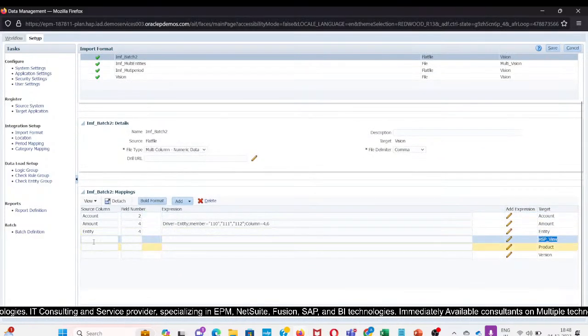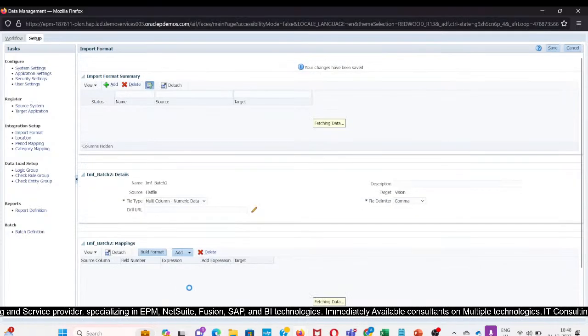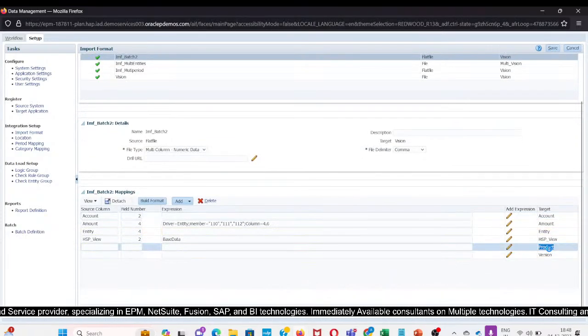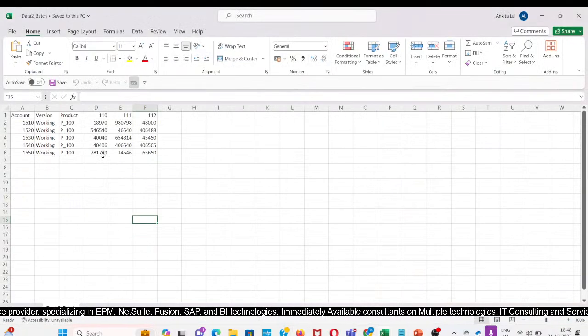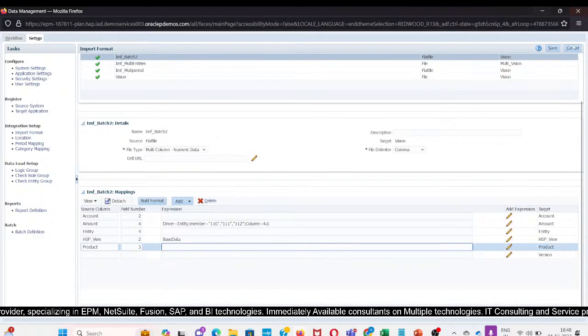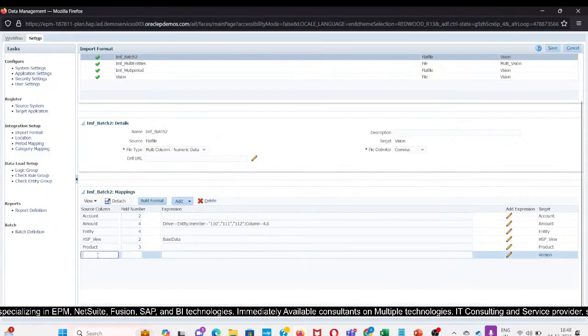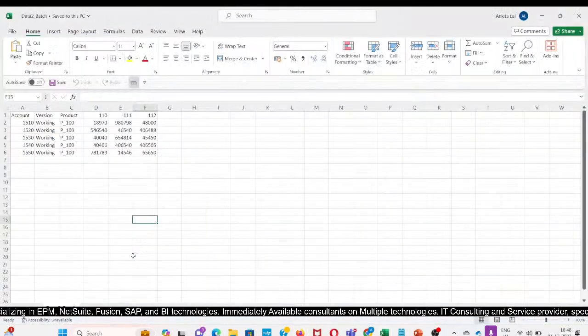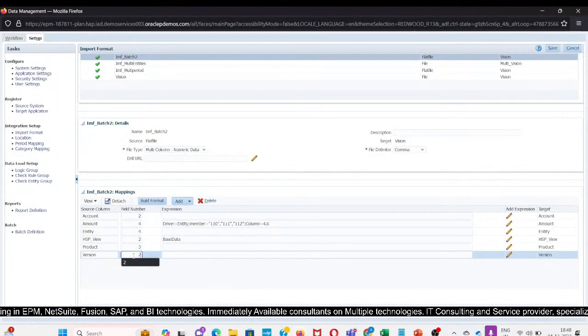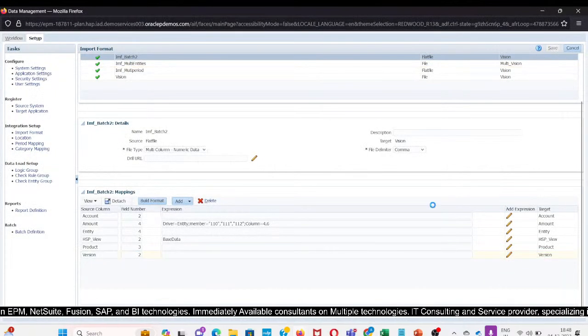For the HSP view dimension, we do not have it in the file, so we are going to do a hardcoded mapping. We can mention any field number as per the requirement, and then I will select the member here as base data. For product, we have column number 3, so I will select 3, and then the version dimension. For version, we have column number 2. After saving it,